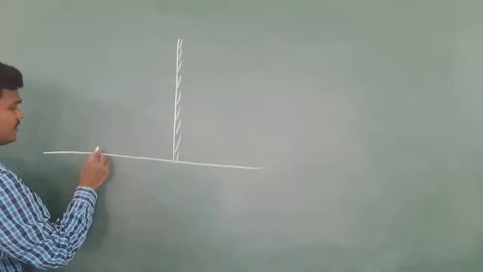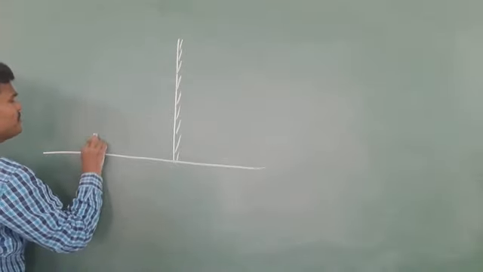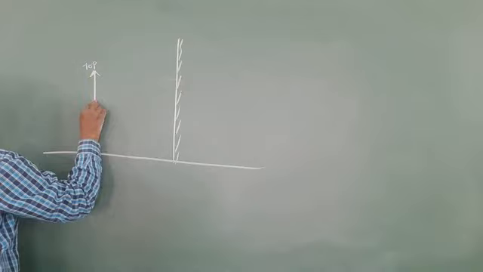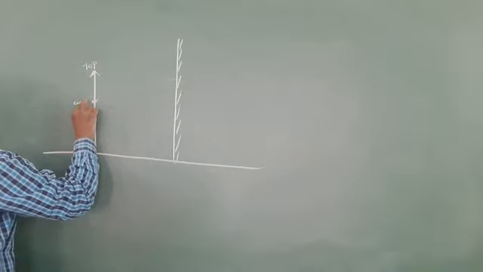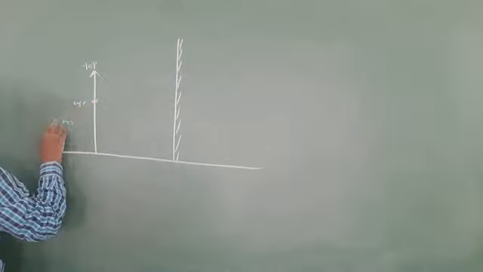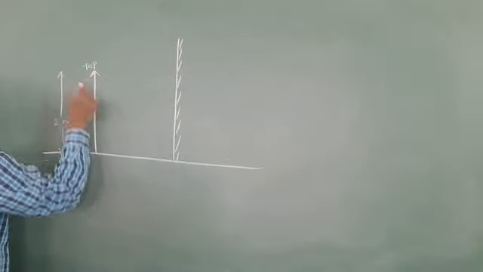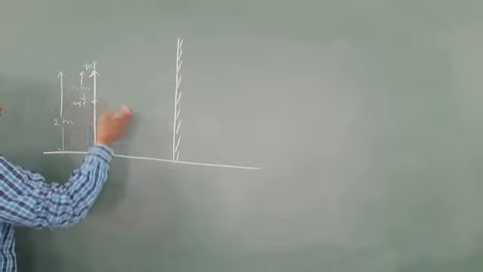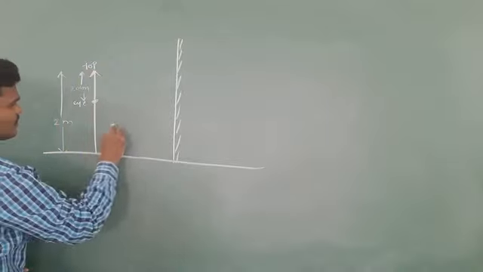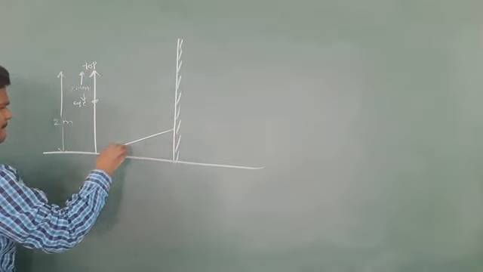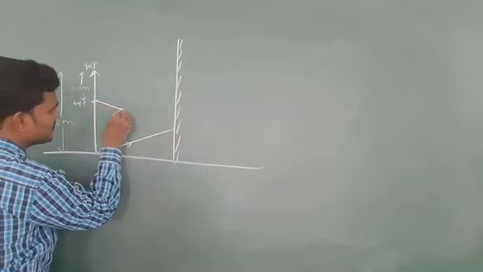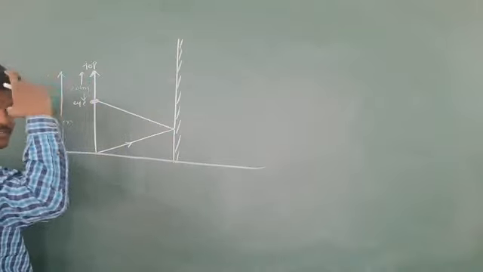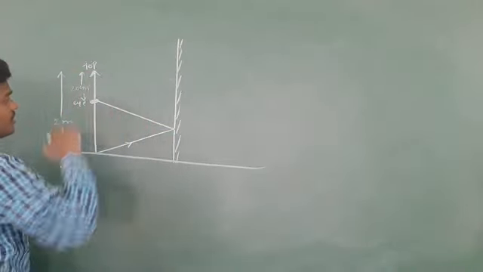Let me draw the eye level a little below, for understanding point of view. See, this is the top level, the forehead. The eye level is here. The person's height is 2 meter, and this is 20 centimeter below. The eye level is 20 centimeter below. For understanding, I drew it a little bit big. One of the light rays coming from the bottom has to reach the eye level. This is our eye level, and the gap is 20 centimeter.